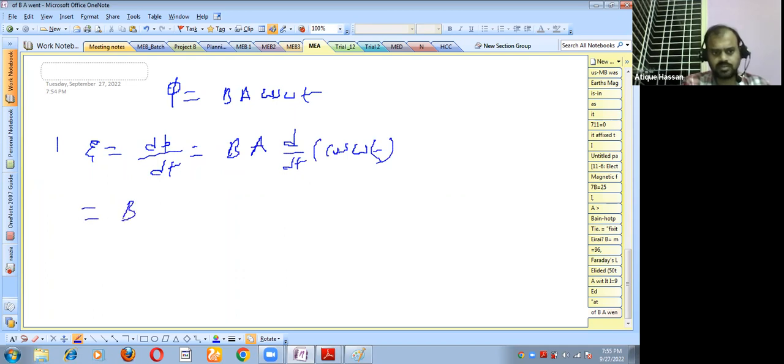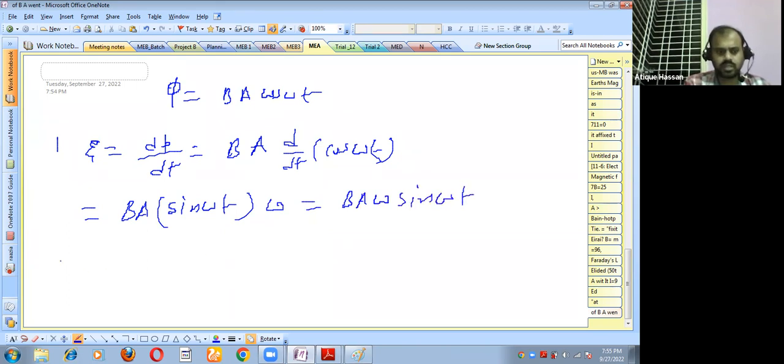We'll get it as BA sin omega t into omega. We are only putting magnitude. So it will be BA omega sin omega t. Now I is equal to E by R,